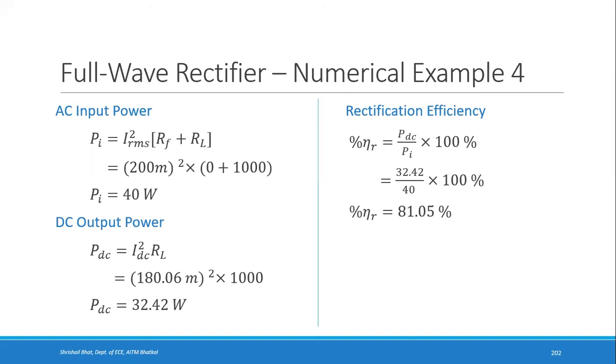In the next class, we will take up another kind of full wave rectifier that is using 4 diodes, which are connected in the form of a bridge. We rather call it a bridge rectifier, and we will see its operation and also the different parameters for that, and solve some numerical examples if there are any.